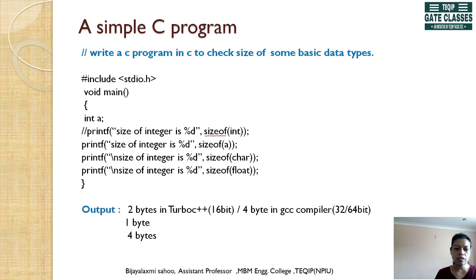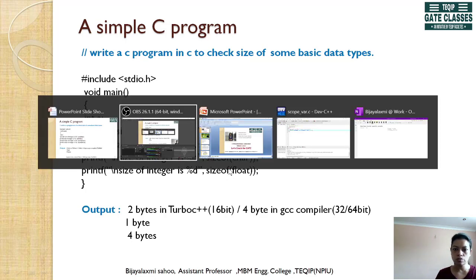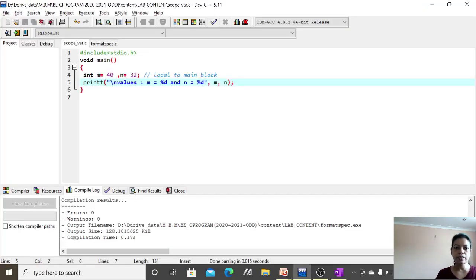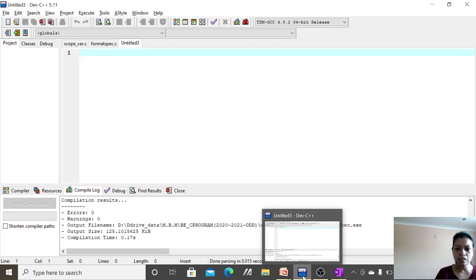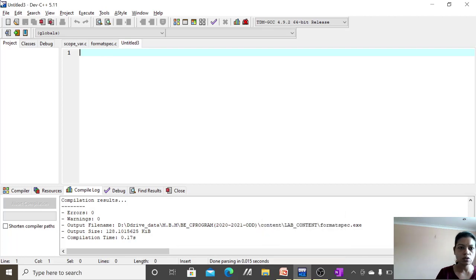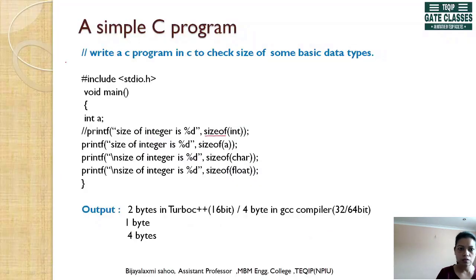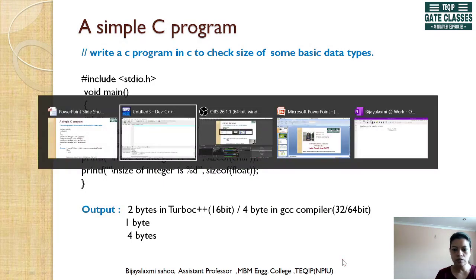So let us check through programming in DeepC. I am creating a new file by using Control N. I am copying and pasting the same code here, from this PPT, or I can write the code as well.